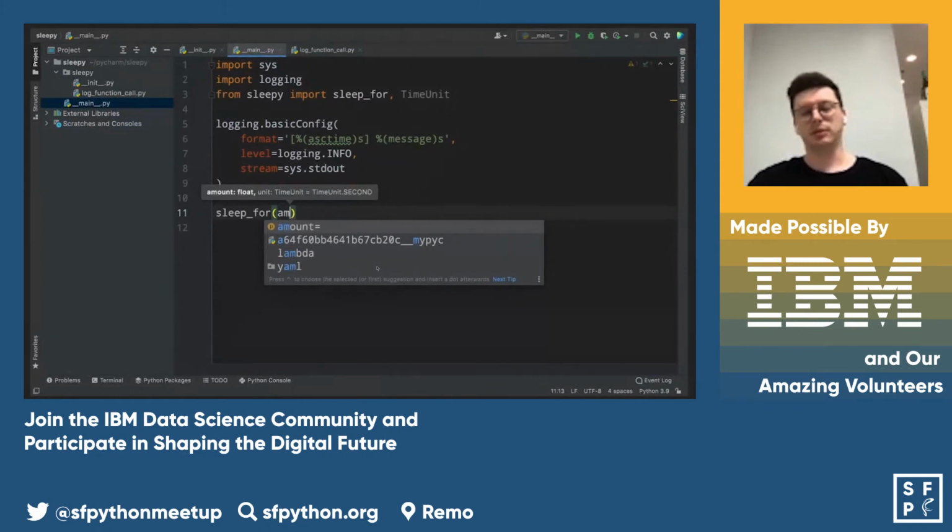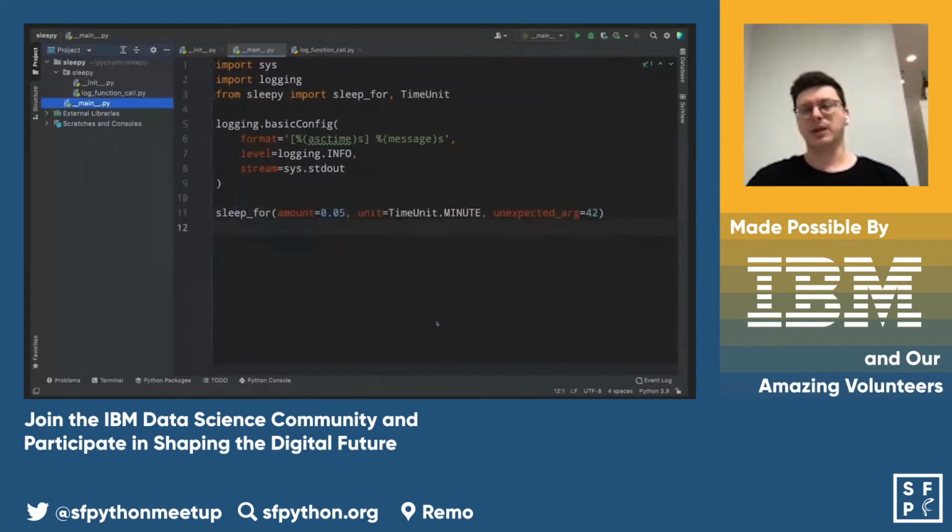if we try to write an argument, we have the suggestion, and somehow the signature is in a pop-up window right above. Again, somehow it does not highlight the unexpected argument, but technically we can see that it might be some minor bug. Still, all the information is picked by the IDE. But